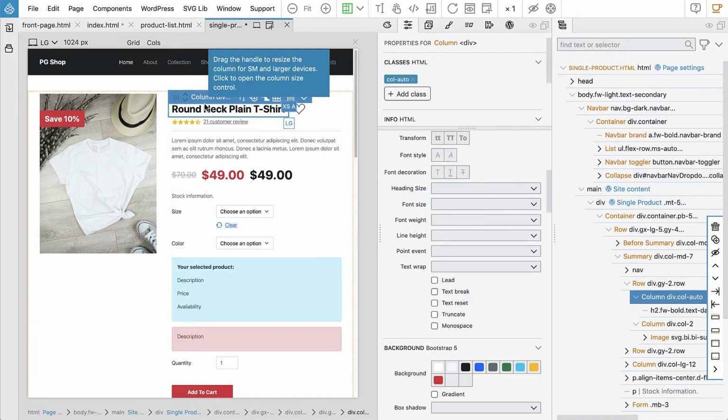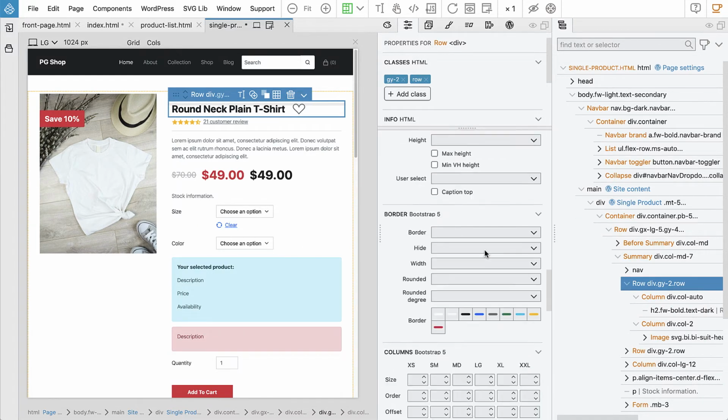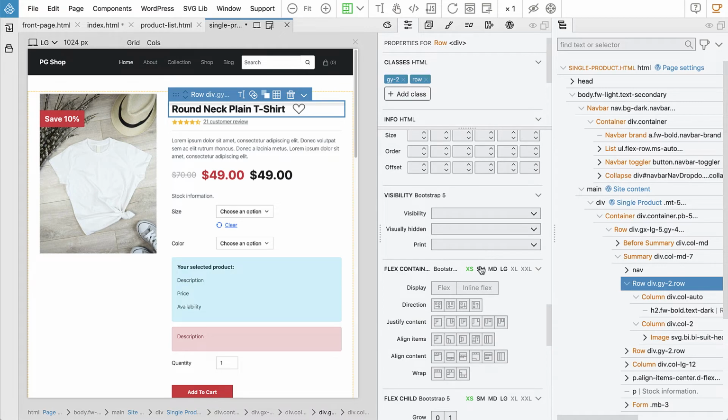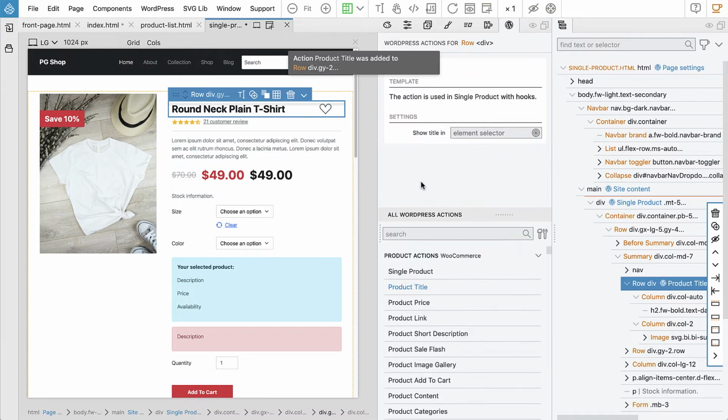So now we have the product title, and let's say we could also have the add to wish list feature here. One more thing, let's select the row and then go to flex controls and space them. Okay, and if we now select the row and say this is the product title,